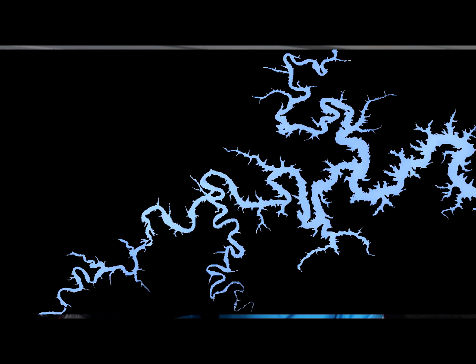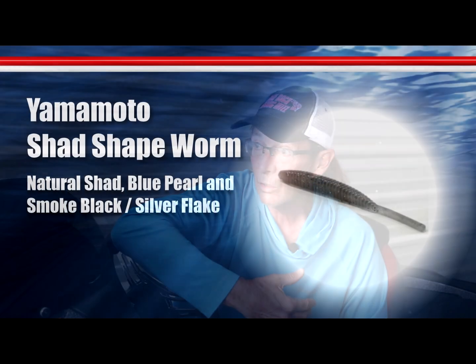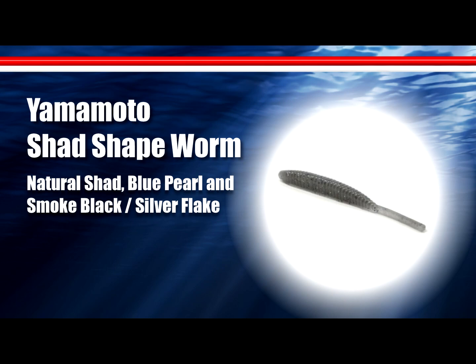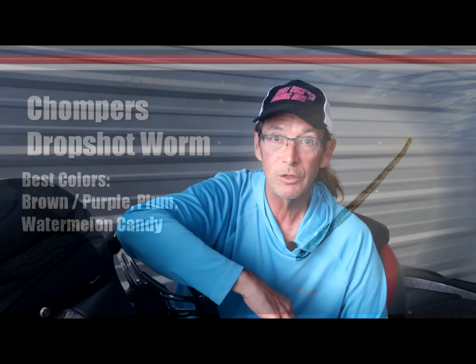White River, spent a lot of time up the White River this past week. If you want to catch numbers, you want to drop shot. If you want to just go out and catch a bunch of spots, the occasional largemouth or smallmouth, get out there and drop shot either gravel points, 20 to 25 foot deep, hit the treetops. Trees that top out around 30, the fish are going to be 20 to 25. Some will be nestled down in the tree, but you can